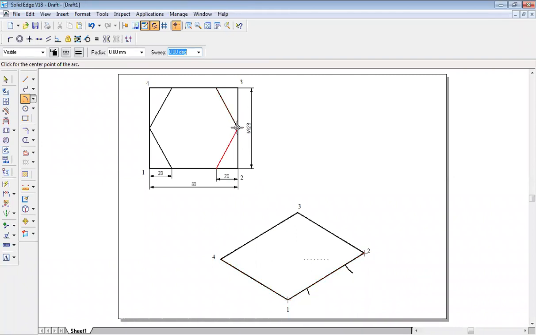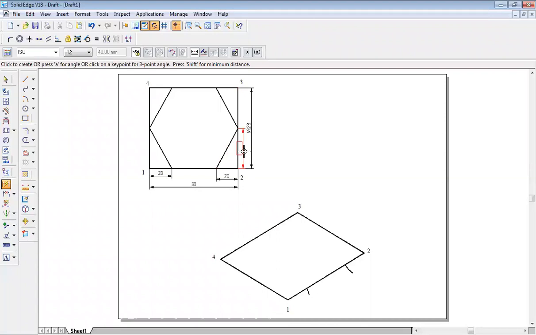Now vertically, what is this dimension? You can see it is exactly in the center of the vertical 2 to 3 line. If you want confirmation, let us check the dimension. If it is 70, this should be 35. It is 34.64, exactly in the center. Here I don't want to cut an arc, because when I'm drawing lines, it will show you the midpoint of the line. Whereas 3 to 4, it is the same, again 20.